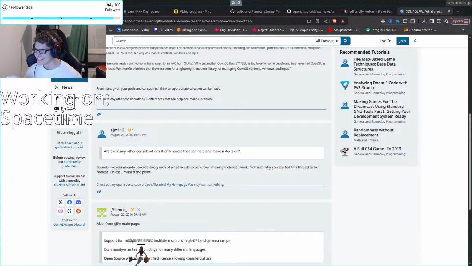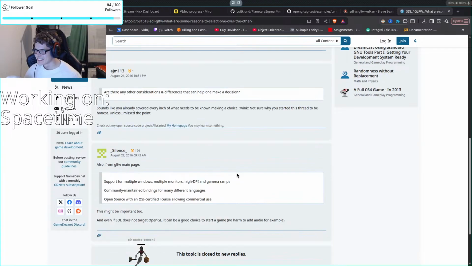Bro, GLFW, I literally made a binding for it in like, I don't know, 4 days or something, and I implemented basically everything. I mean, there are some caveats, it's a bit shit, but yeah. But SDL, it's humongous. It's like its own standard library.